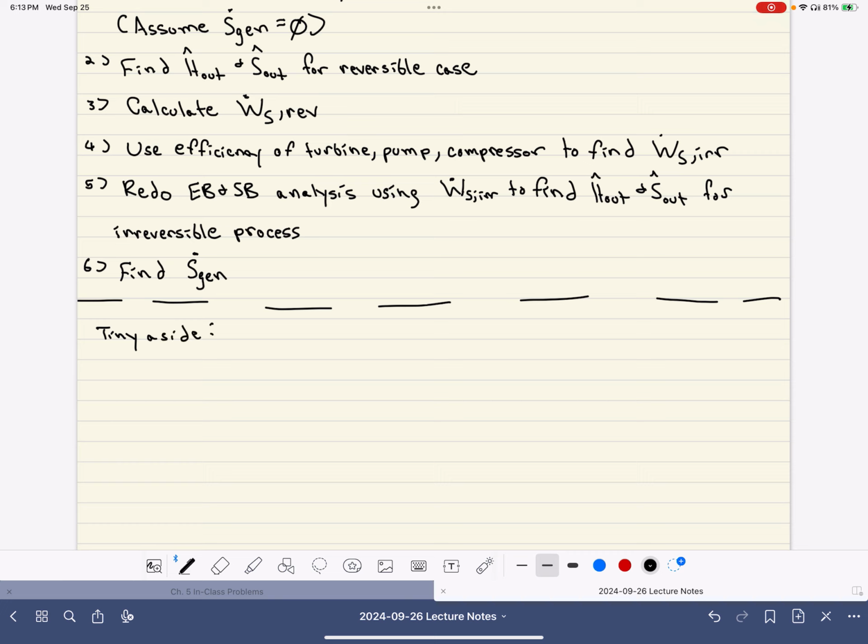So when we talk about efficiency, basically what we mean in general is you take the ratio of whatever you want divided by what you have to pay. Okay, so that's just the general definition of efficiency. And depending on what you want, or depending on the unit operation that you're dealing with, your definition of efficiency will slightly change. Okay, and so for instance, if you're dealing with a turbine,